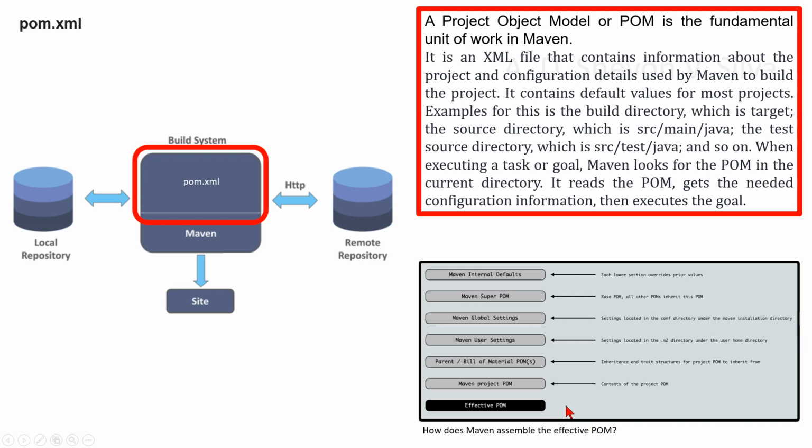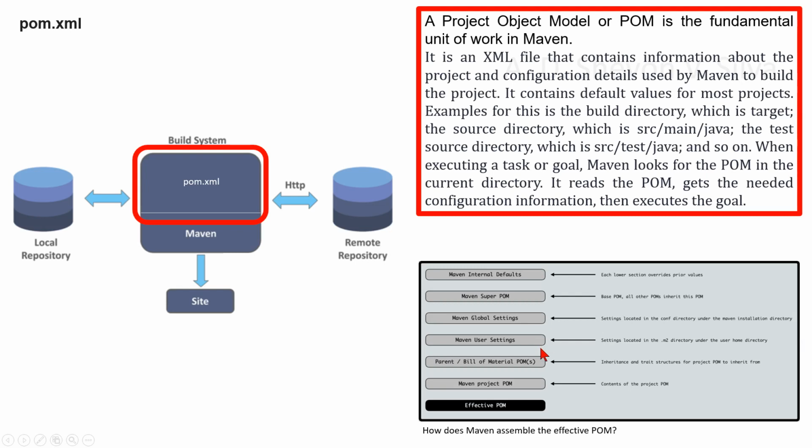Maven assembles its effective POM by traversing the layers that act as building blocks. Each layer used has the ability to override or enrich the content of what becomes the effective POM. Maven internal defaults and super POMs are built into the Maven installation, so ideally not subject to customization. The layers below are the global settings and user settings,